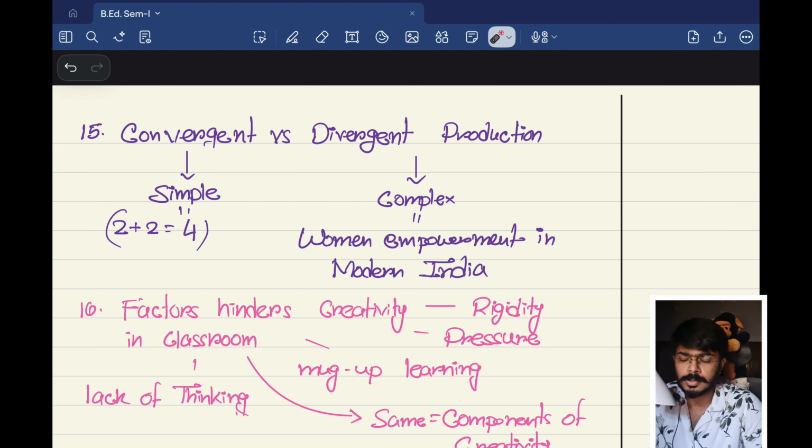Convergent production and divergent production seem a little bit difficult, and we have never heard of them before. What does it mean? There is only one way to think about these 2-mark questions. I want to share a little trick with you. In terms of motivation, what did we find? Something is coming from inside and something is coming from outside, right? So in terms of this production,